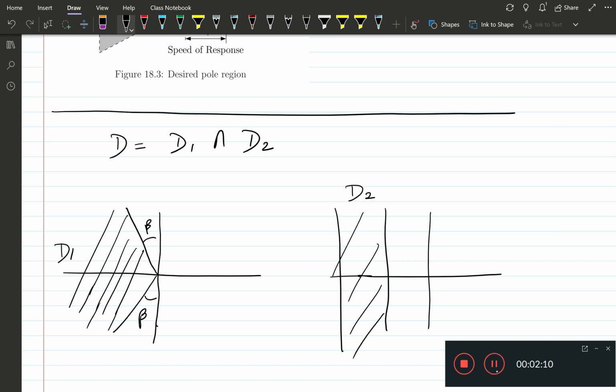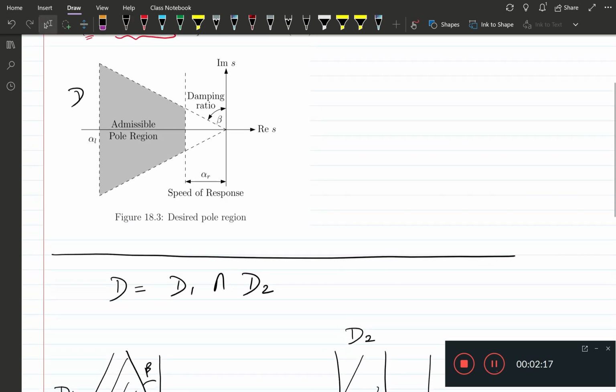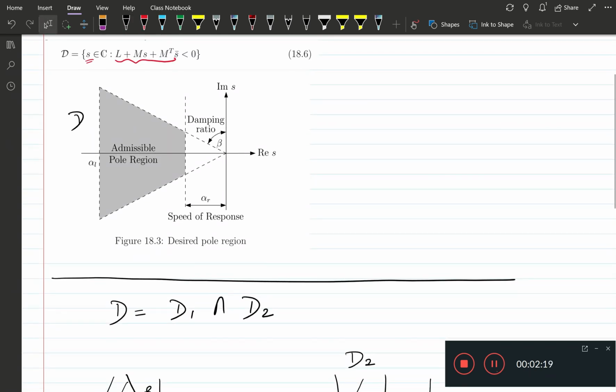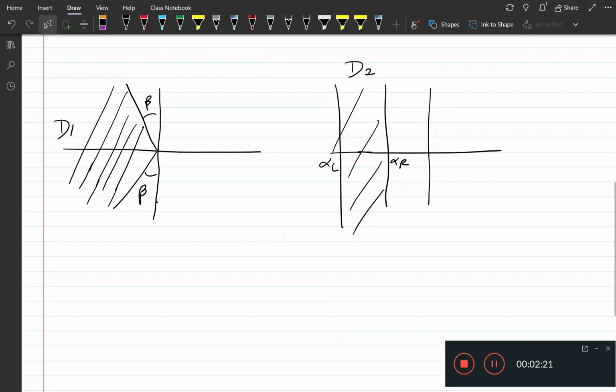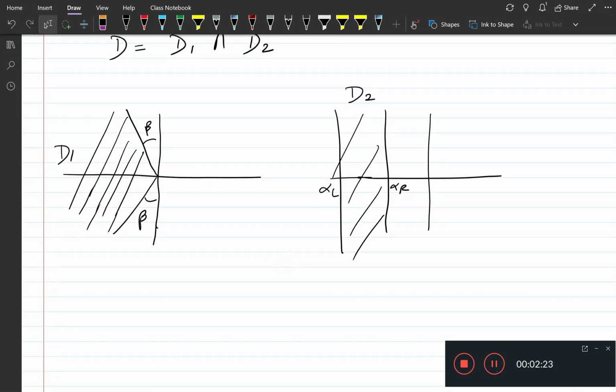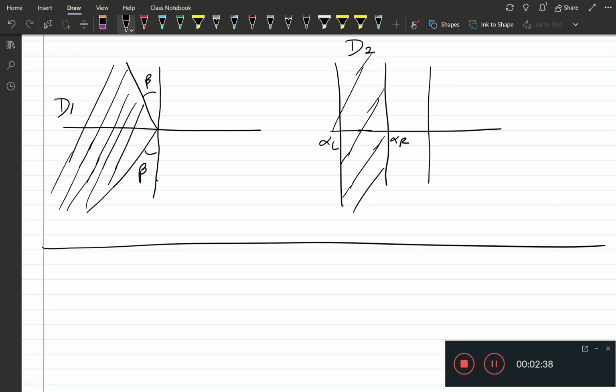We can see that if we take the intersection of D1 and D2 we would get the desired D. Now let's find linear matrix inequalities for these two regions separately, because we know that we can just add two constraints to get a bigger linear matrix inequality. So now let's consider